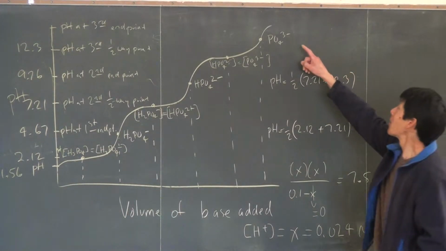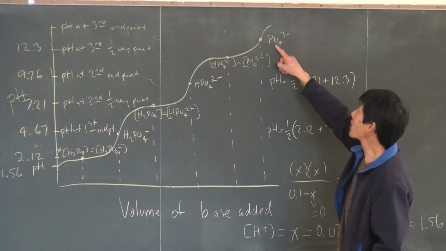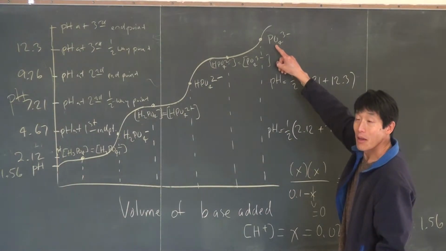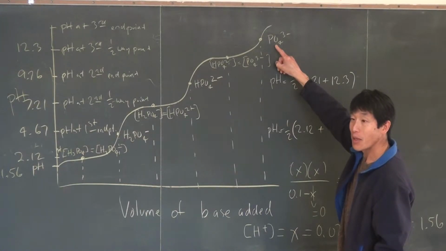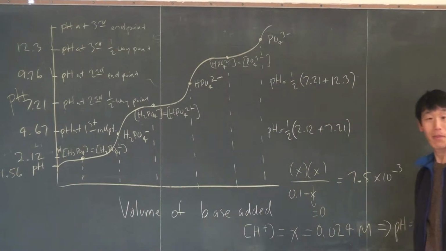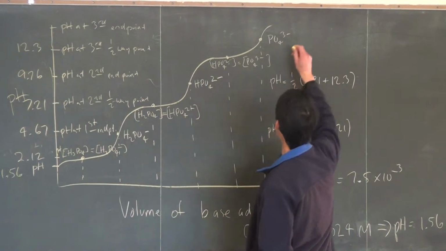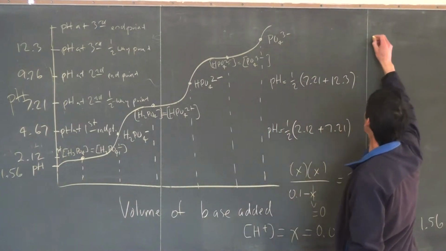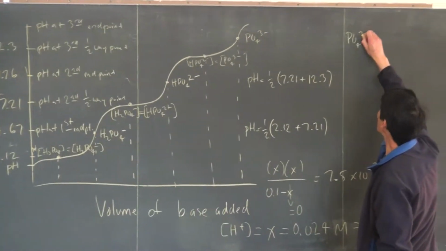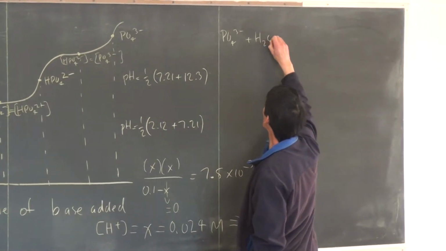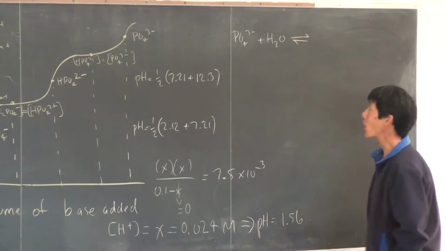Okay, so PO4 3 minus is present at the third endpoint, but is this a strong base or weak base? Strong or weak? Yeah, so to figure this out, we have to do that base hydrolysis reaction. We have PO4 3 minus reacts with water, and the products of this reaction are